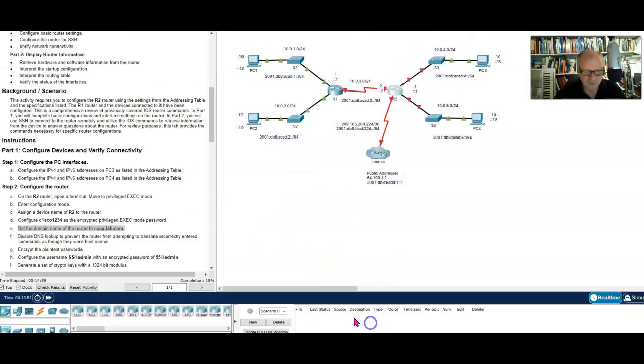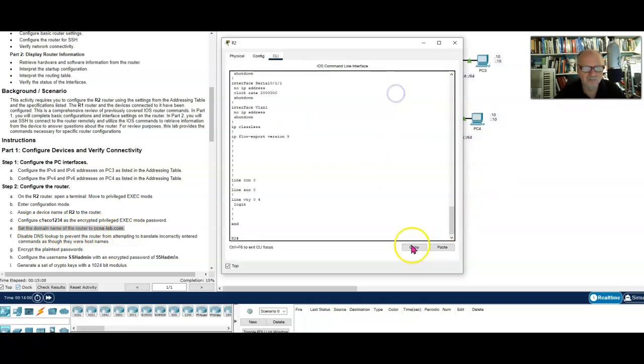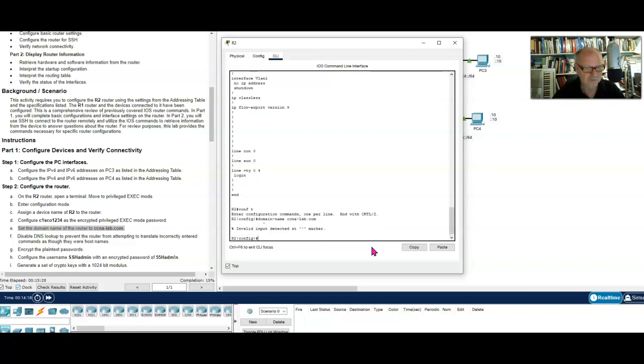So the first of those is this, setting the domain name of the router to ccnalab.com. So let's get back to config T, and now I'm going to set the domain name. So let's type domain name and then ccnalab.com. Now this is going to fail. It failed. I used the wrong command. I did this on purpose, of course. I didn't do it on purpose when I did the original Zoom session, but I thought I would reproduce it here.